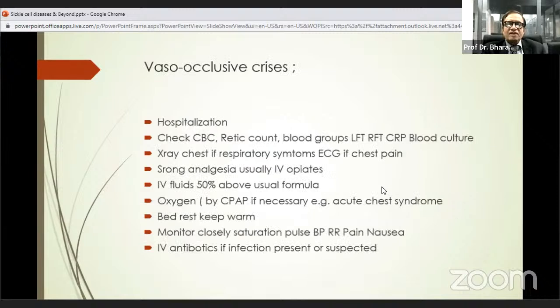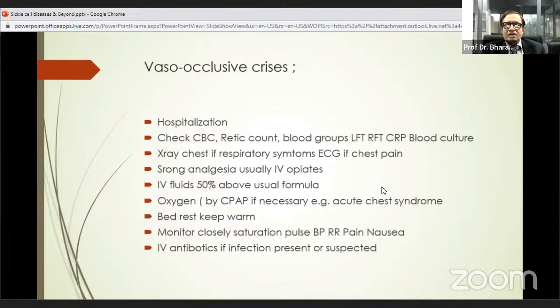For vaso-occlusive crisis, the treatment is hospitalization; check CBC, retic count, blood grouping, LFT, RFT, CRP, and cross-matching. X-ray chest if there are respiratory symptoms, and ECG if chest pain. Give strong analgesia, usually IV opiates, and IV fluid 50% above the usual formula, and oxygen by CPAP if necessary in acute chest syndrome. Bed rest, keep the patient warm, and monitor closely saturation,